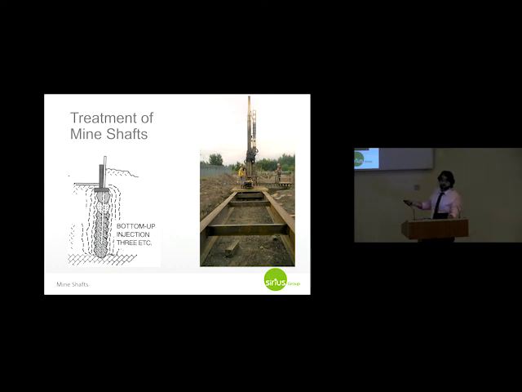And then once they've reached lithostatic pressure, they'll stop pumping, make sure that we hold that pressure to show that the grout isn't escaping. And once it's held for 5 minutes, we then consider that to be treated. And ideally, we'll have a little bulb of grout at the bottom. And then we'll repeat that process in 1.5 metre lifts. So we'll lift the casing up 1.5 metres, start injecting grout again. When we reach that pressure, hold it, and then eventually we'll create a column of grout in that mine shaft